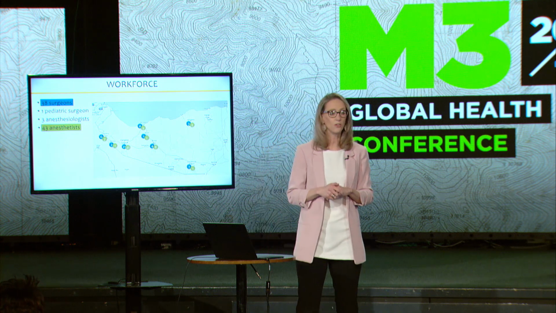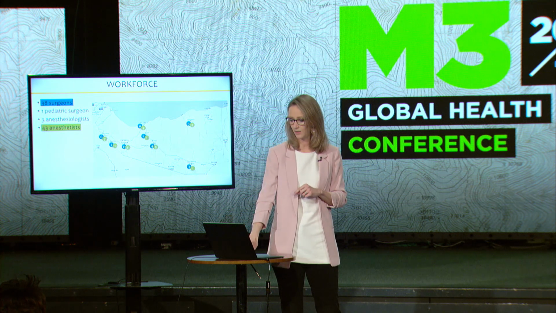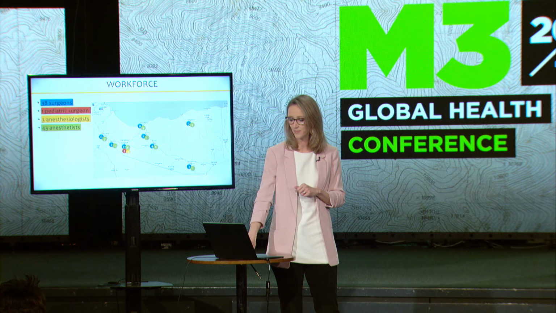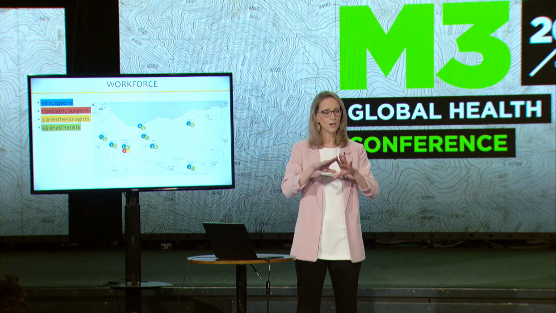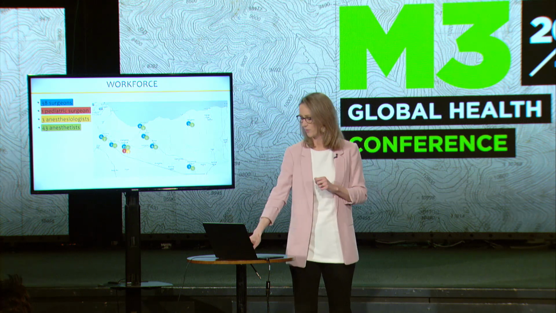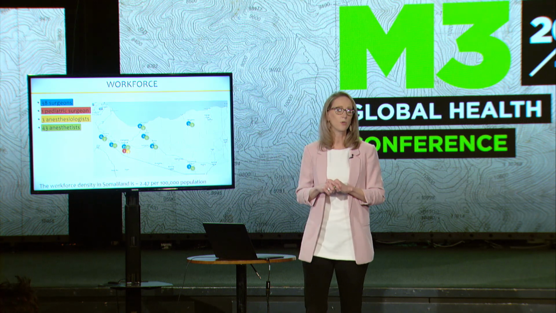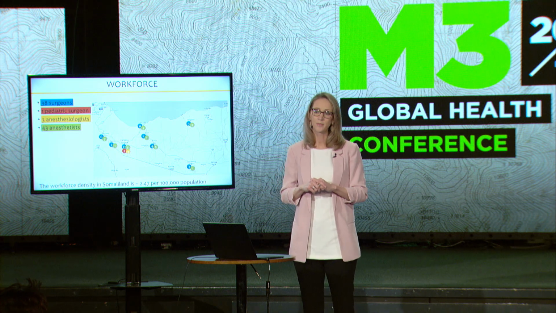43 providers that could do anesthesia. These were nurse anesthesia personnel. 1 pediatric surgeon in the capital and 3 trained anesthesiologists in the capital. So when you equate that to trying to cover a population of 4 million people, it's a ratio of about 2.47 per 100,000 people. This juxtaposed to what the goal is for low-income countries. Our goal is to get to 20 per 100,000 people. So there's a wide gap, but it's telling us a story. It's laying the foundation for us to ask for a scale-up model.